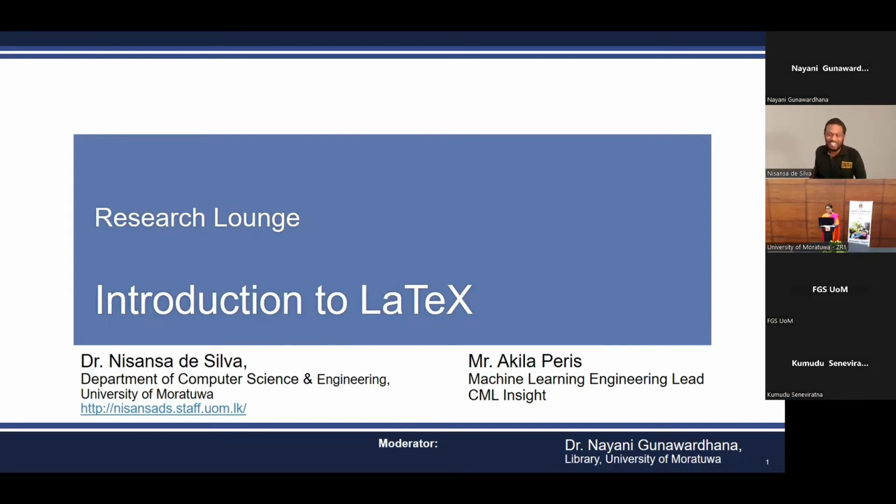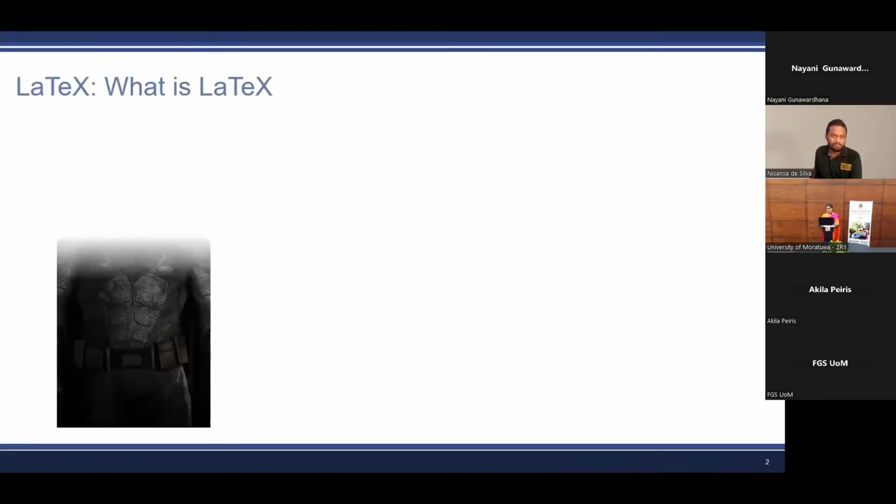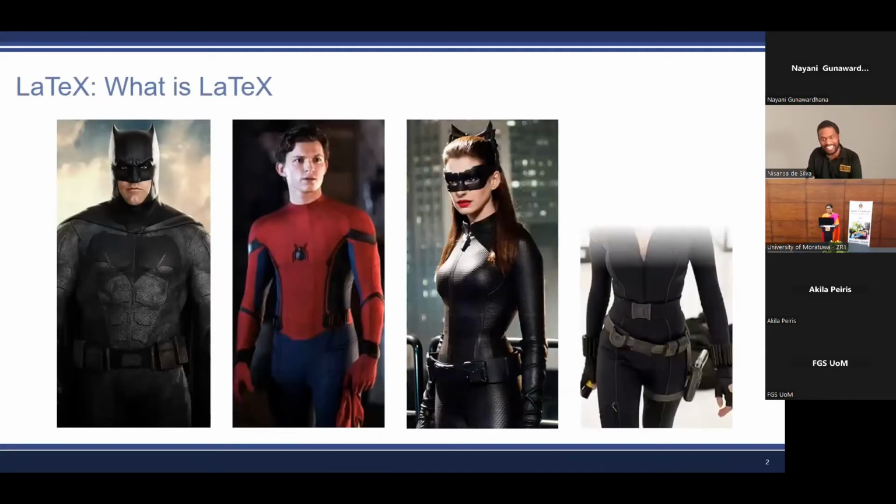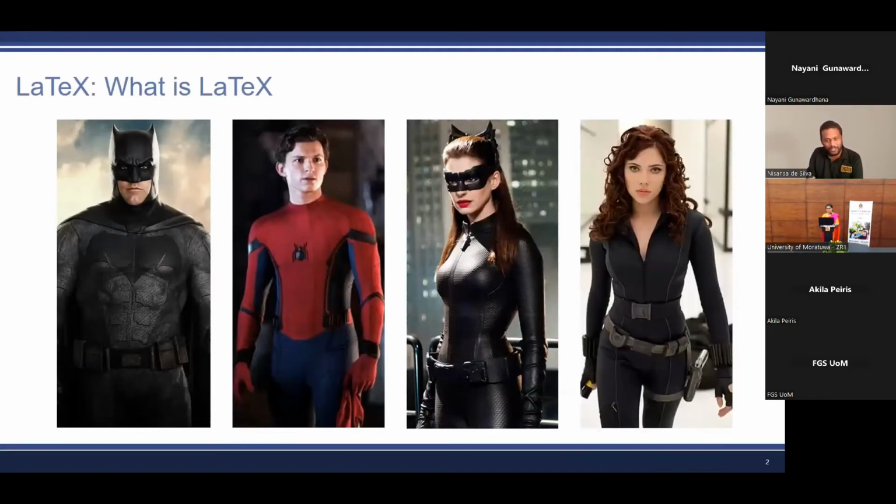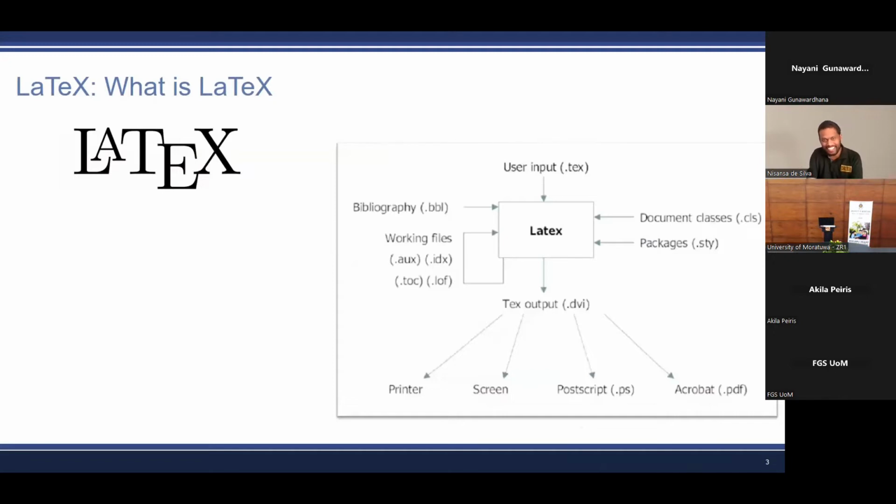Yes. All right. Okay, so first we have to ask ourselves, what is LaTeX? You would say latex is the thing that the superheroes would wear. To make a distinction between that and the academic source, the pronunciation of this is a little bit different, so that you can pronounce it as latex or latex, depending on what you want to say.